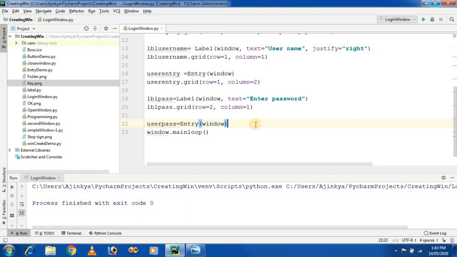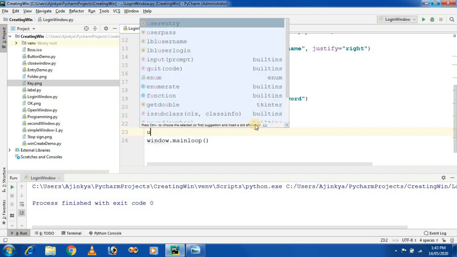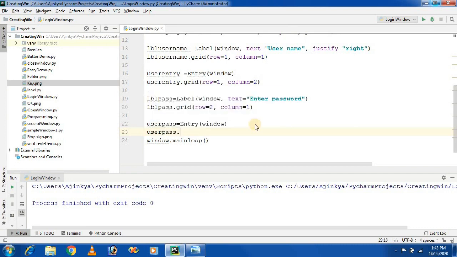So user_pass.grid, row number is 3 and column is equal to 1.